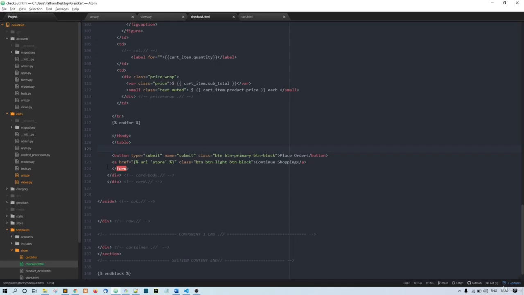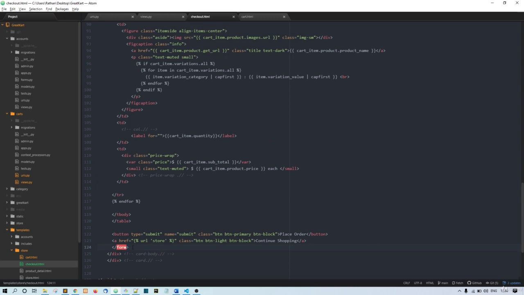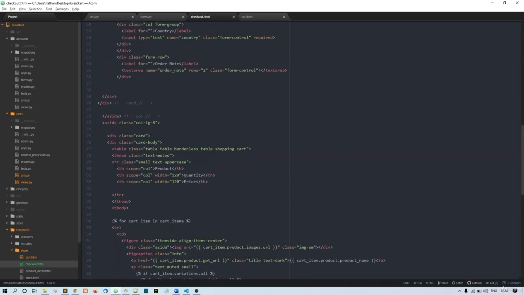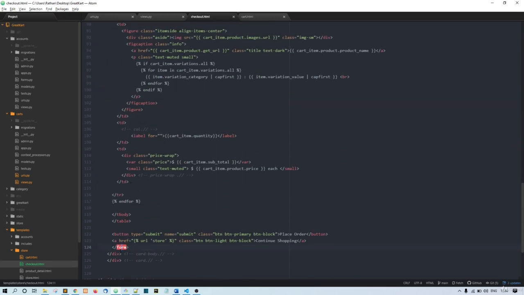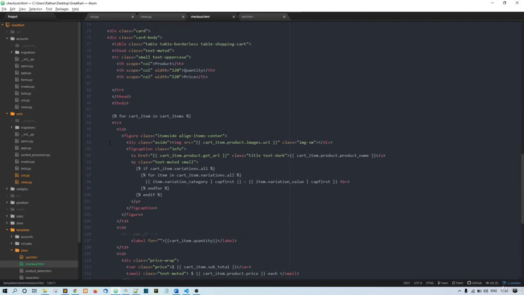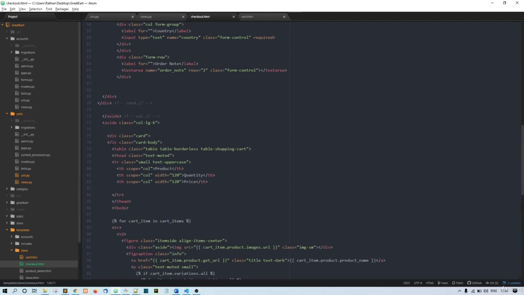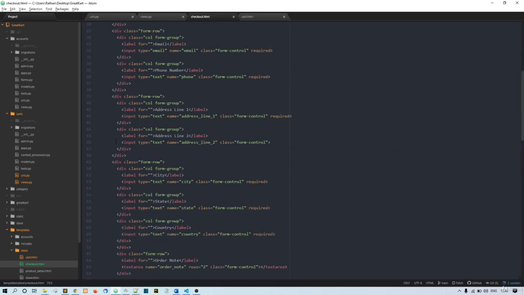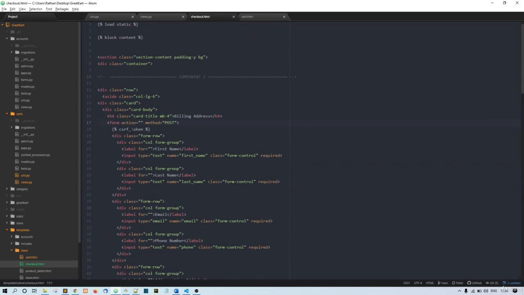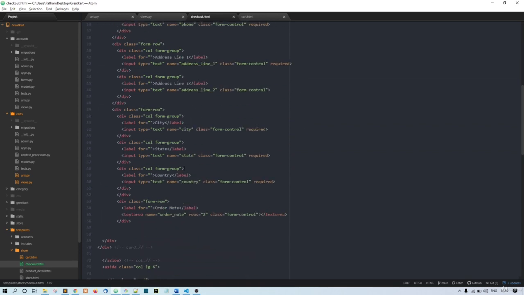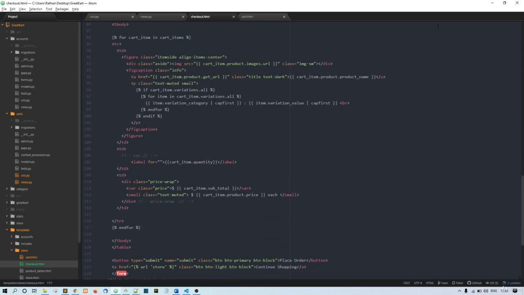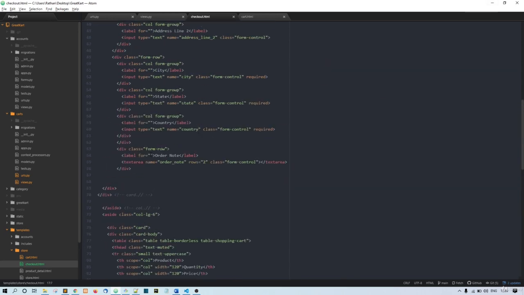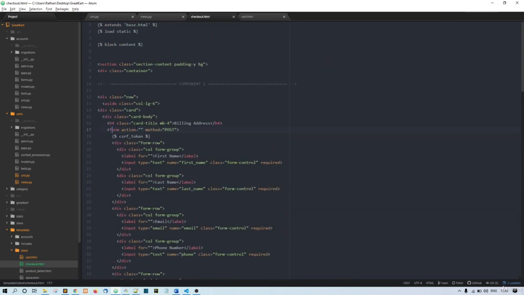So don't worry about this red alert, because it is showing like this since we are closing this form tag inside a different div. The form started in a different div, right? So no problem. And yeah, that's it. And now what we should do is we need to create a